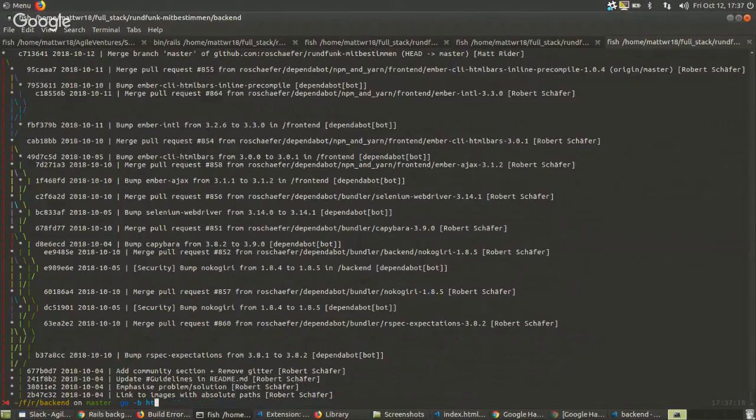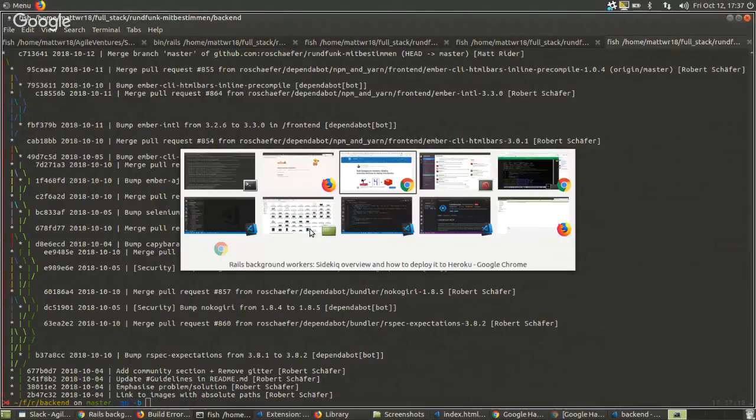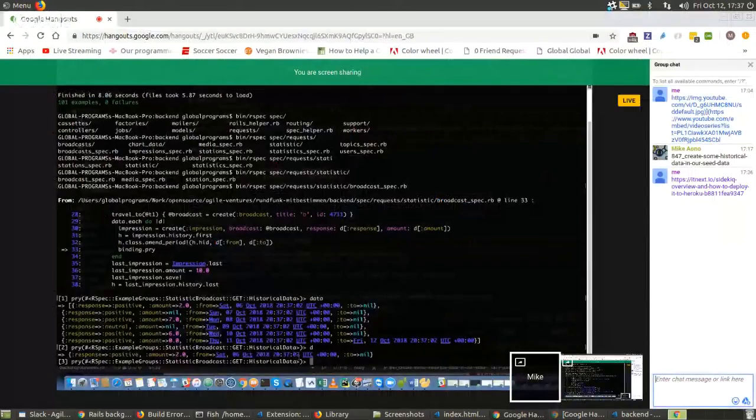The tests are running. Yeah, the tests are running. What are you doing? It's this create method that was built from the worker.